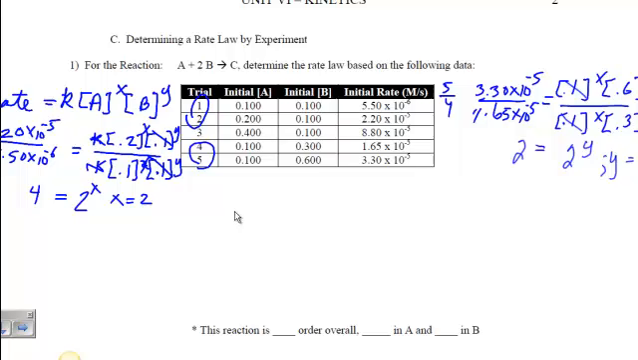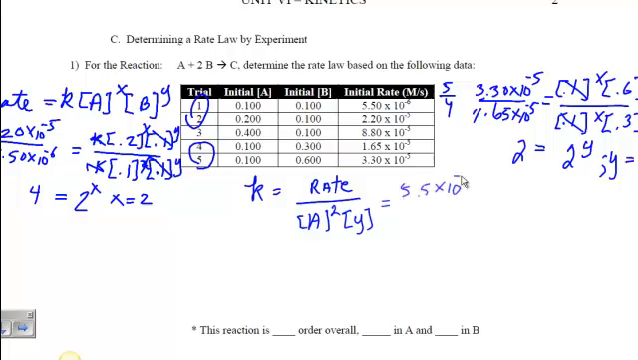To finish this problem off, you still need to solve for k. So we'll rearrange this equation to solve for k. Dividing both sides by the concentrations, we get k equals rate divided by A to the x, which is now squared, 2, and B to the y, which is now 1. We can use trial 1 to solve for this, so using trial 1, 5.5 times 10 to the negative 6 divided by 0.1 squared, cubed,